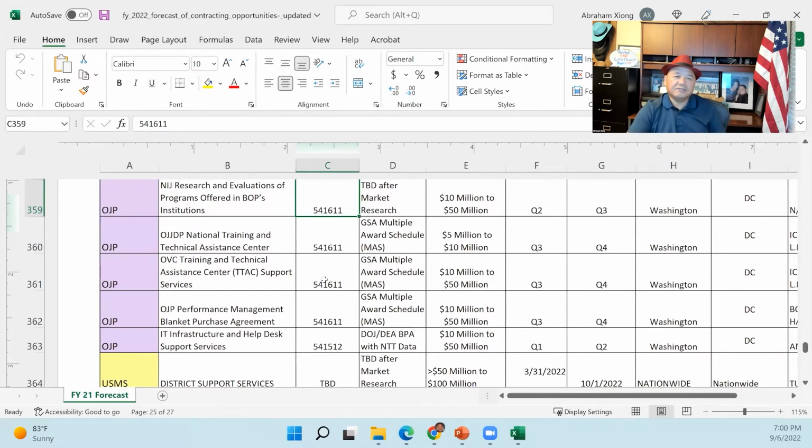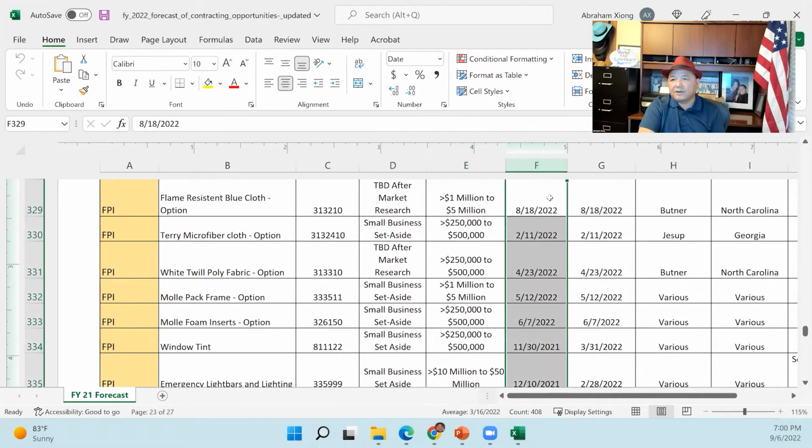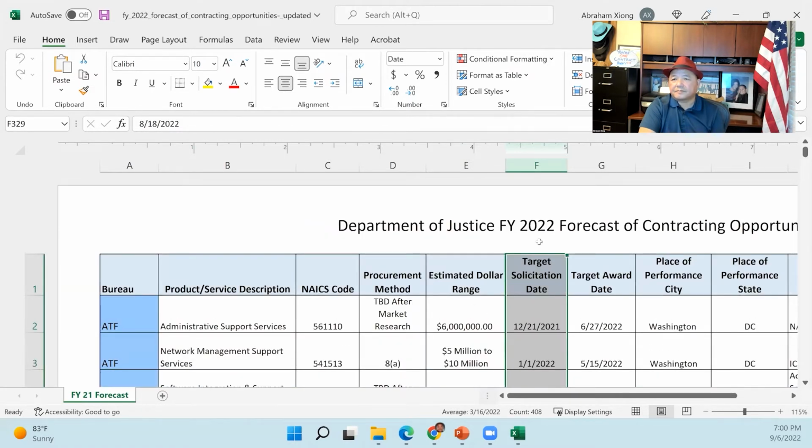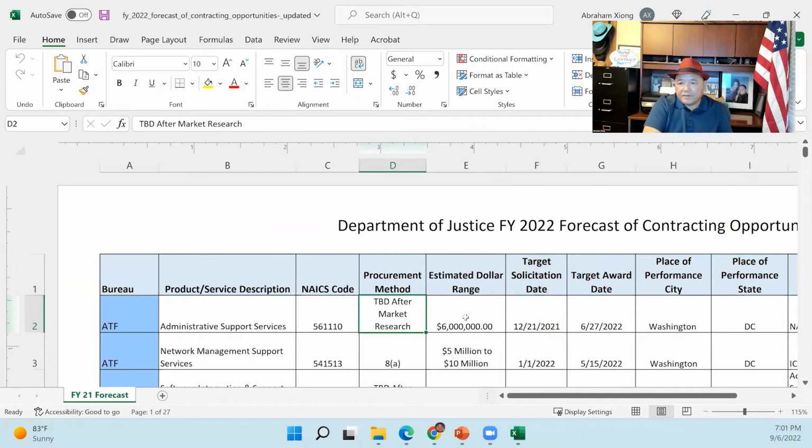And so now it tells you, now I like the forecast because it gives you a range. Now, when you're finding an opportunity in SAM.gov or in Gov Genie or anything like that, the range is usually not given to you there because sometimes they withhold information when they actually put it out. They tell you when they're going to spend the money. So here they say, okay, we're going to spend it during this time frame here. And so it gives you an idea of when that money is going to be awarded. And they give you a range in 5 to 10 million here and so forth.